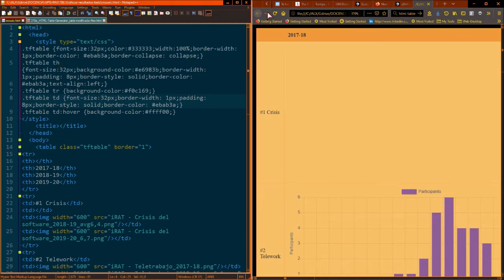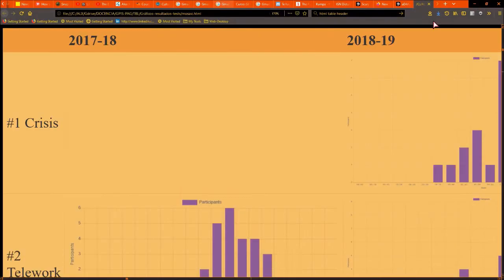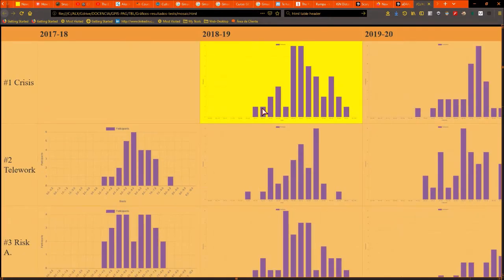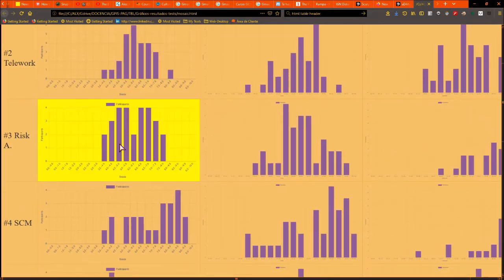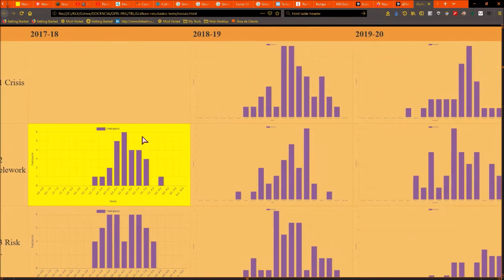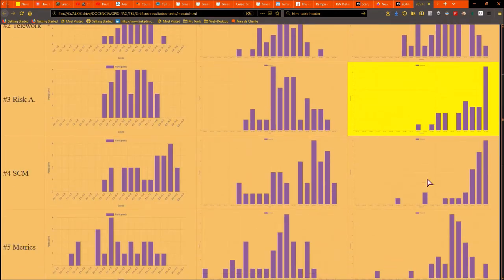So if I save this and reload, okay, you see that now the letters are bigger. Okay, so now they are readable, and this is fine. So now, for instance, we compare the results of the telework test in 2017-18, 2018-19, and 2019-20, side by side, and so on with the different topics.